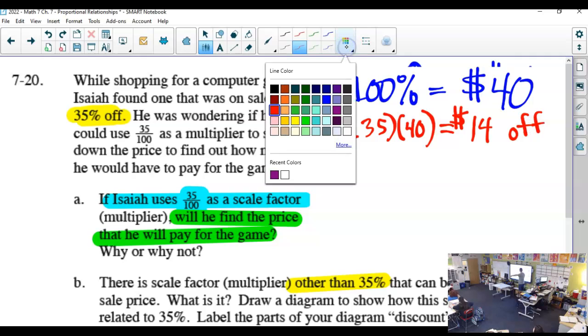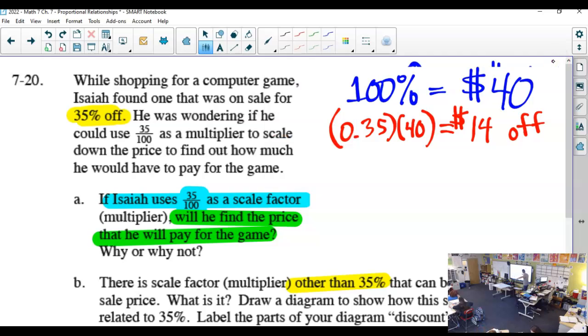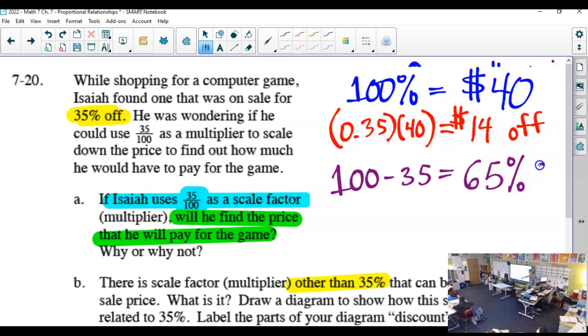Hold up, Layla, say it again. I subtracted the 35 from the 100 to get 65%, and then I multiplied by 0.65. Now wait, why did you do this? This is 65% on. If it's 35% off, it's 65% on. So then I multiplied 0.65 by 40, and then I got